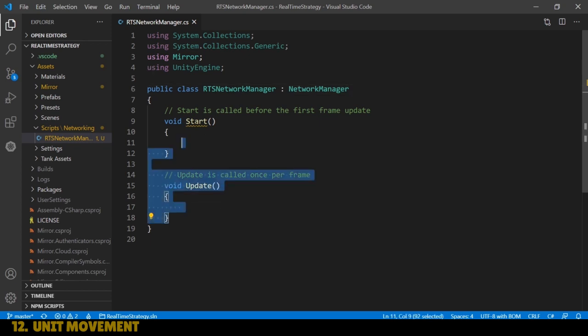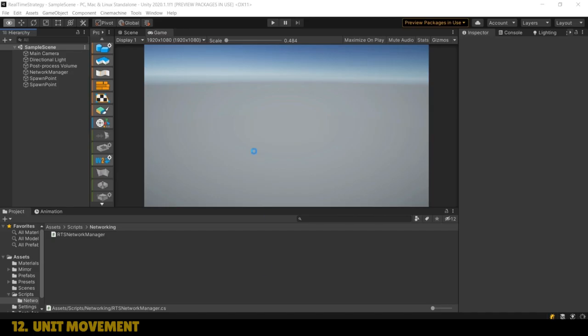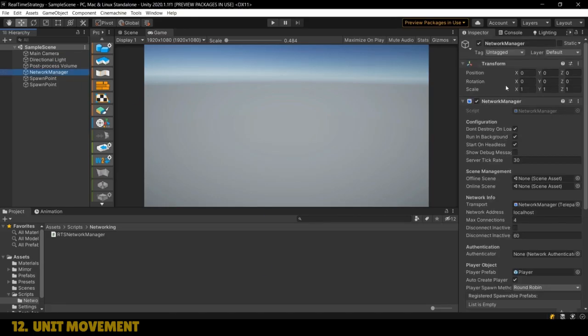And then we also don't want the Start and Update methods. Let's get rid of those. So we're left with this empty script, or relatively empty. It still is a network manager at the end of the day, but we're not writing any custom logic in here just yet. Then if we were to head back into Unity, we can make sure that our network manager,